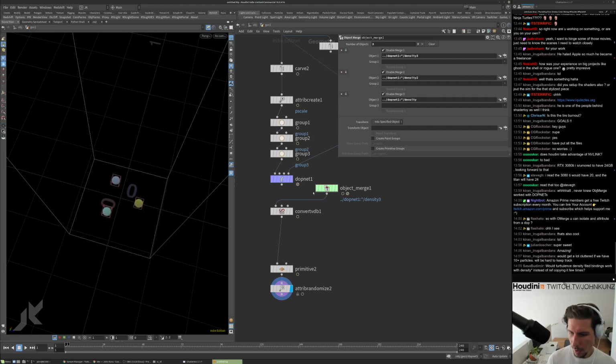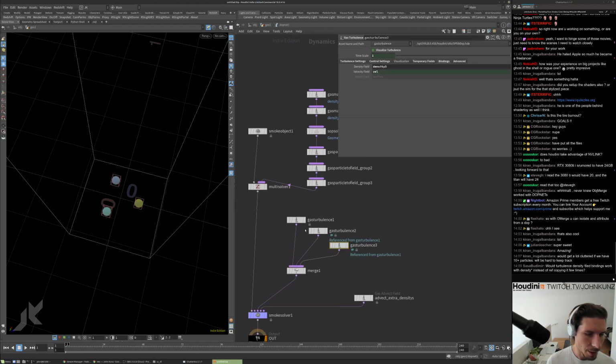Would turbulence density field bindings work with density asterisk instead of copying ref a few times? It might. I'm not 100% sure. We could try it right now and see what happens. It looks like it doesn't get any of them. So I think this is happening